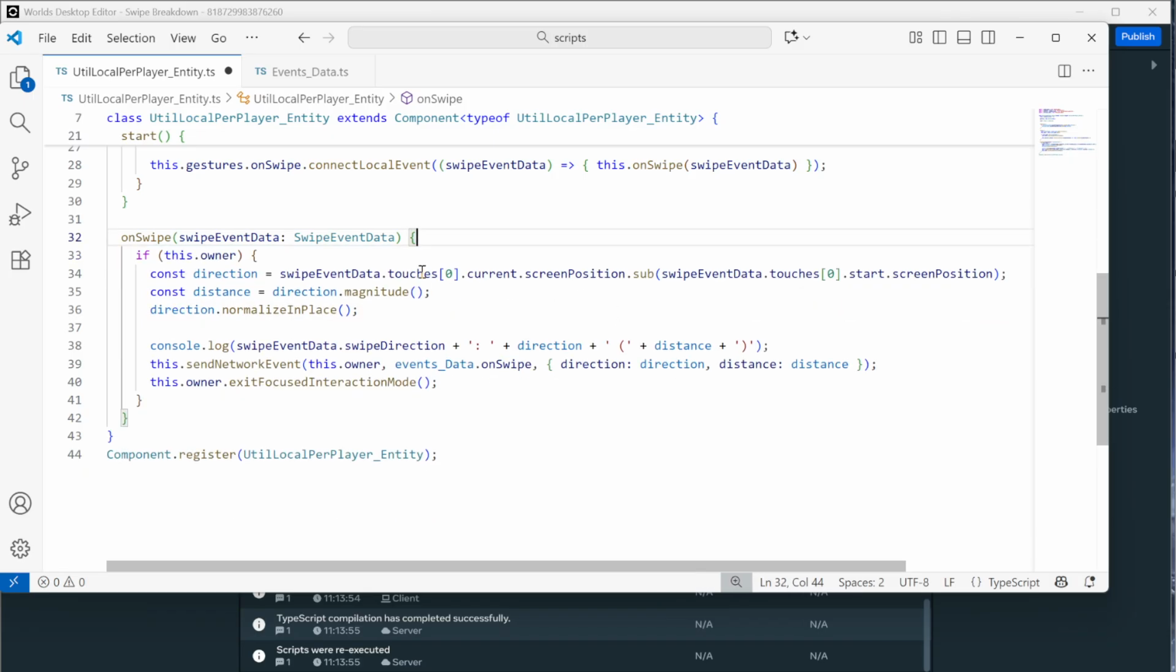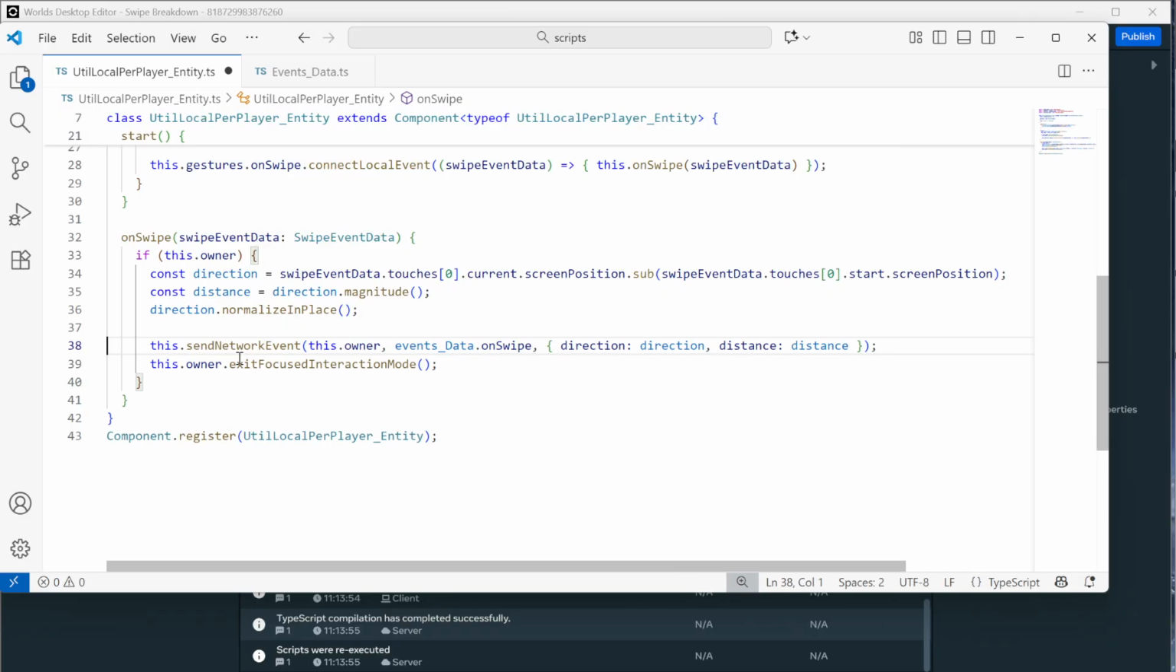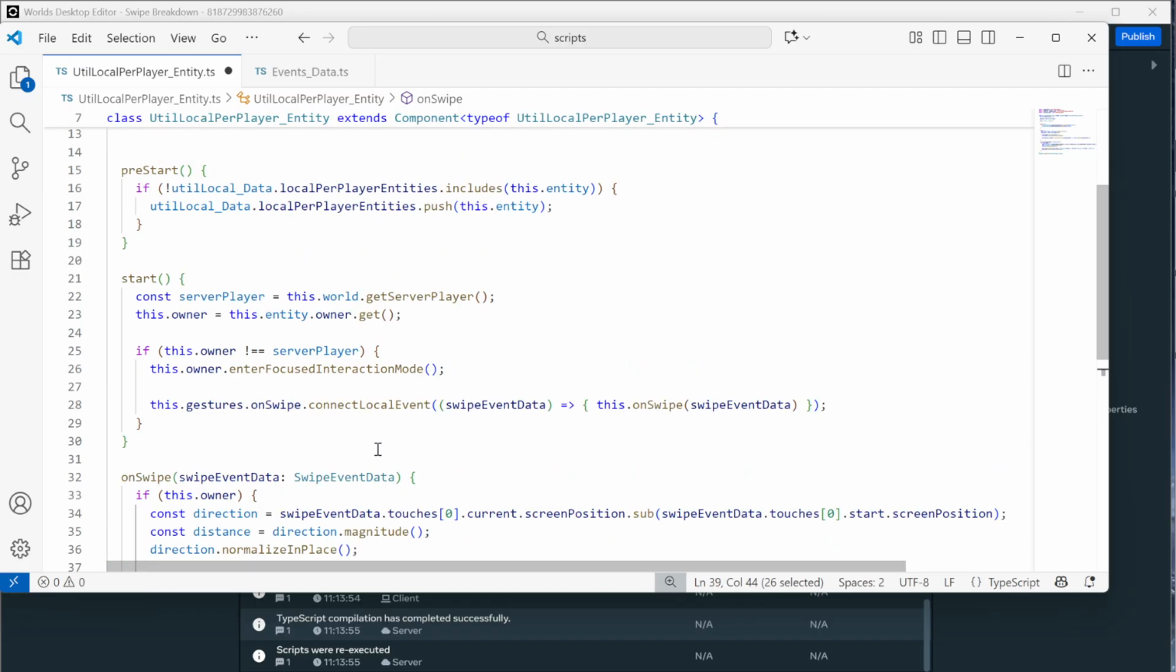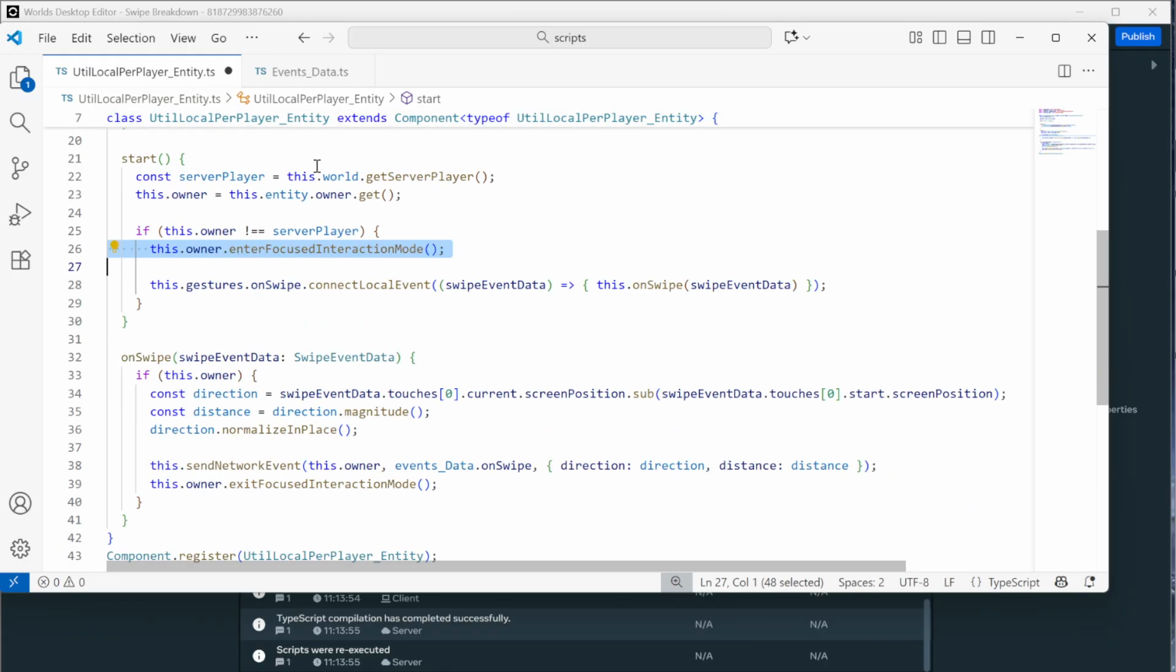Okay, now that we've done that, we now say we've got the owner, we get the direction, we get the distance, we normalize the direction, we no longer need the console log, so we'll delete that. We then send the networked event to the player. We then exit the player from focused interaction mode, and we no longer want to enter focused interaction mode right here. We now want to connect a way to get the player into